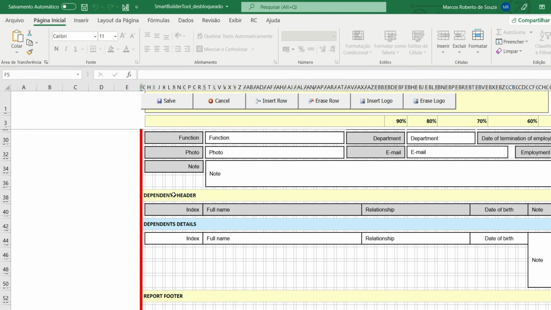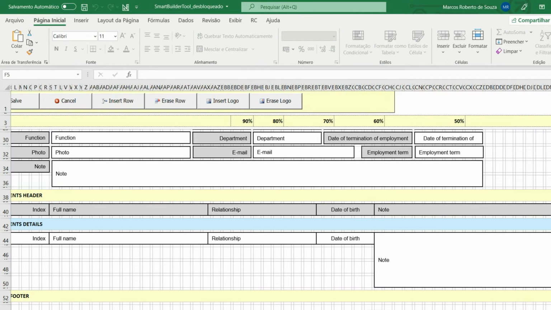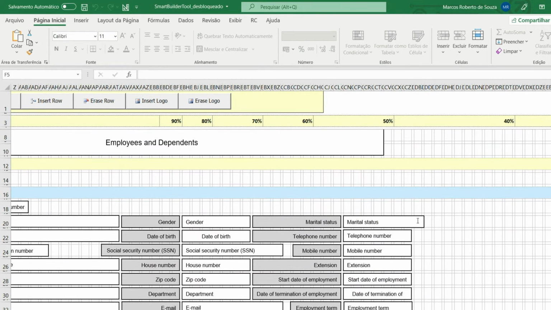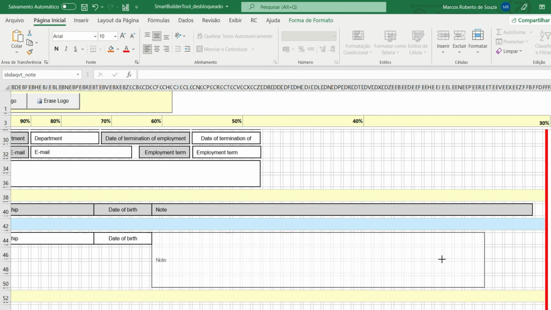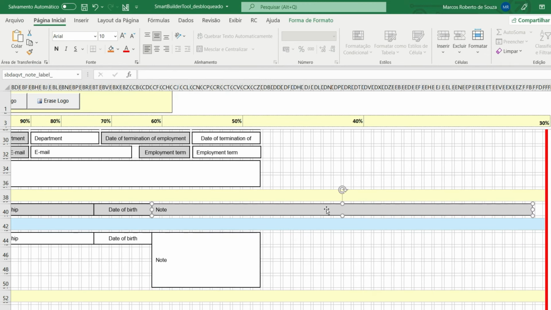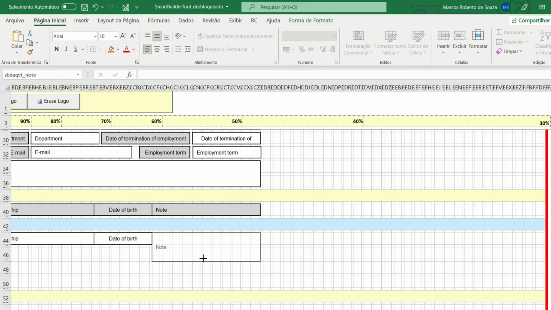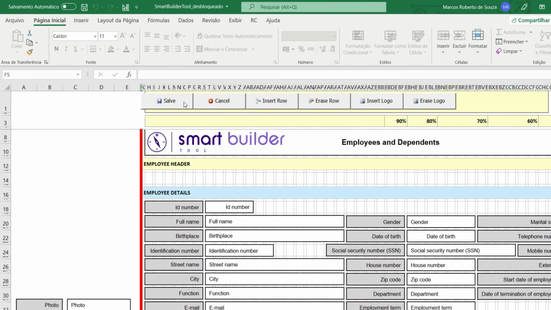The application automatically brings up a layout suggestion based on the position of the fields on the screen. In this example, as there are few fields on the Dependent tab, they have been placed in list format. Adjust the size and position of the fields to your preference. After adjusting the fields, save and the report is ready to be used. Shall we see how it turned out?